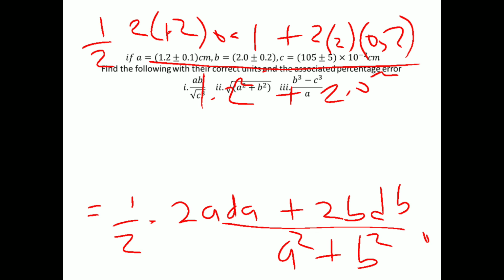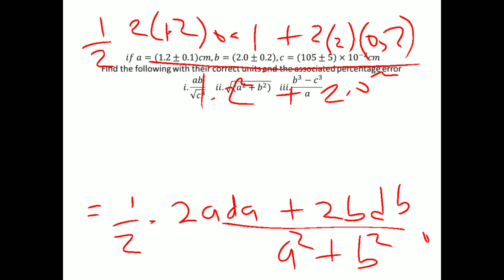Okay, so we have divided by 1.2 squared plus 2.0 squared. Okay, my answer is